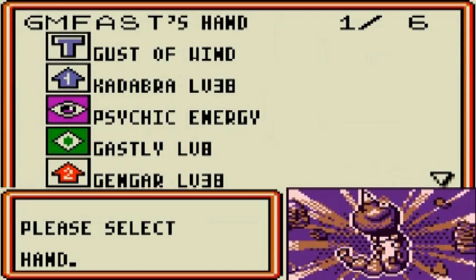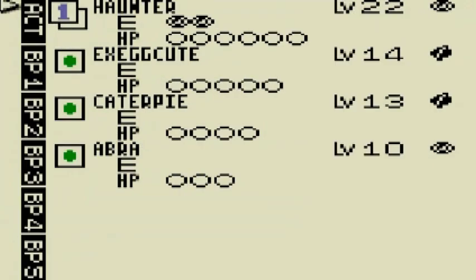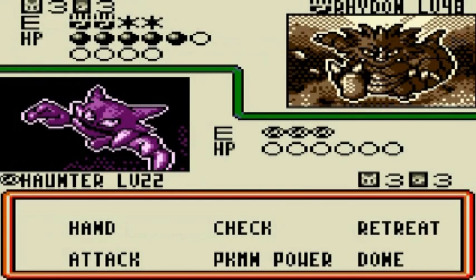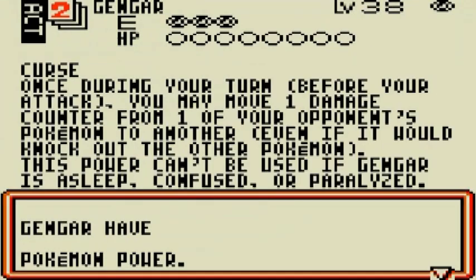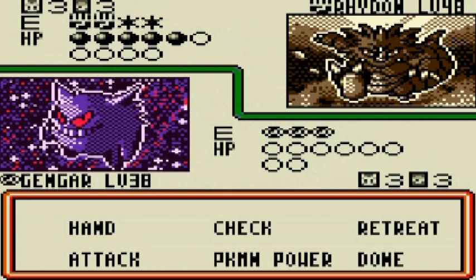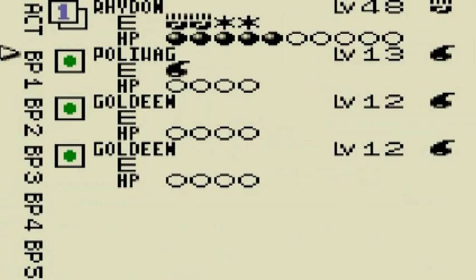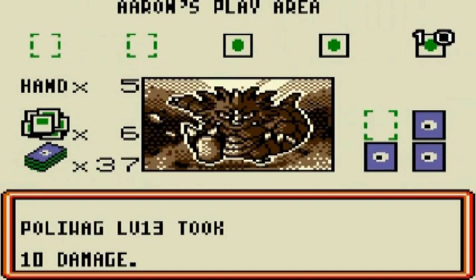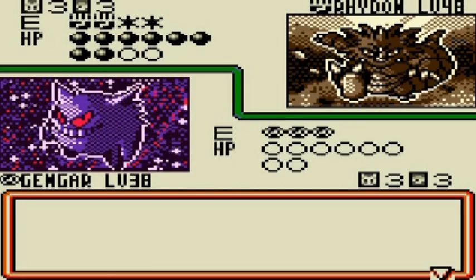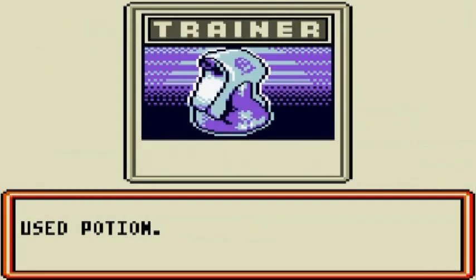Alright then, Gust of Wind, that could be useful later on. But for now I'm going to attach another Psychic Energy to Haunter and then evolve it into Gengar. And Gengar has a Pokemon Power. I haven't really talked about Pokemon powers yet. Certain Pokemon have powers that can be used individually or are in play as long as they are on the field. In the case of Gengar, its Pokemon power is...